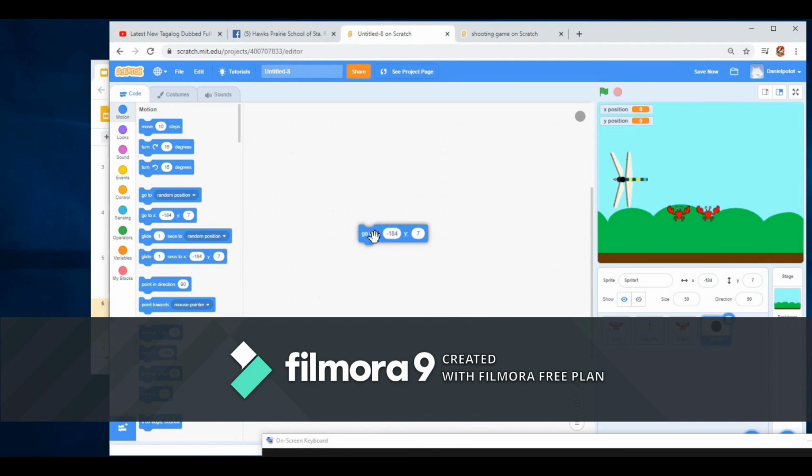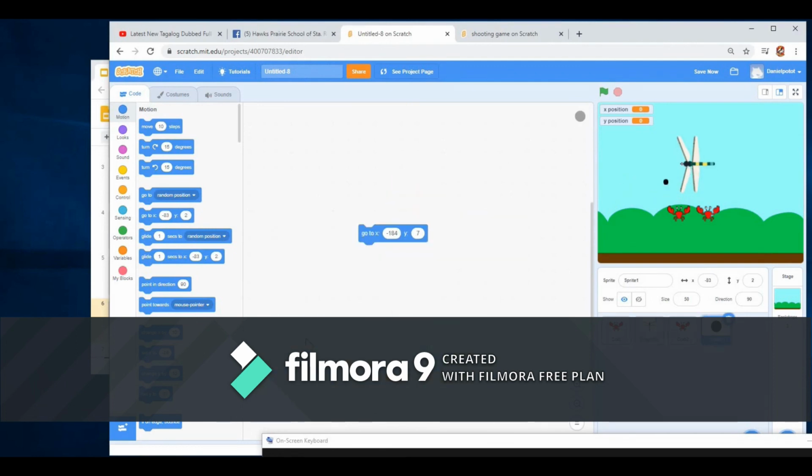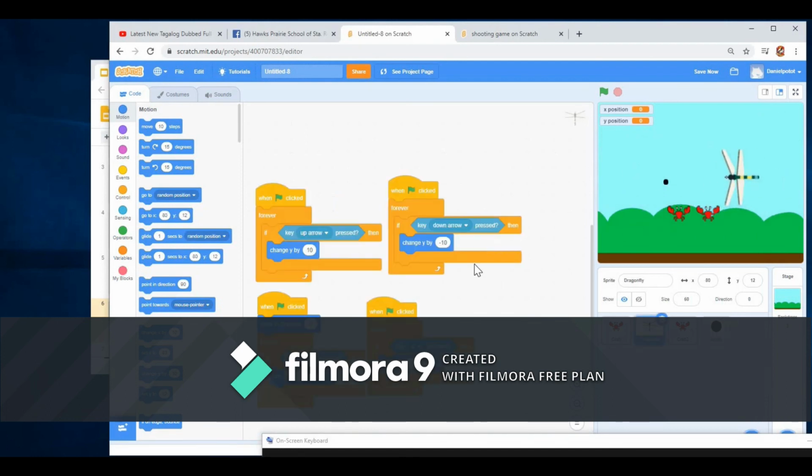So basically what we want is that wherever the dragonfly goes, it goes also there. That's what we want. So we need to have that kind of command. And because the position of x and y keeps on changing, anything that keeps on changing